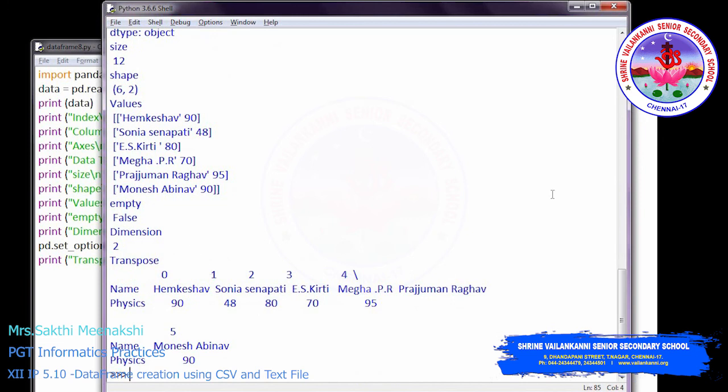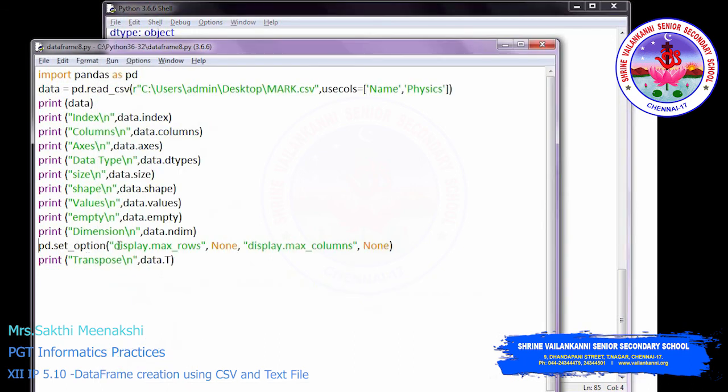Now we can see the transpose displays all the values, name and then physics. You can see the rows are taken into columns now, and columns are taken into rows. So the complete record is displayed. You have to use the set option method to display the whole record.